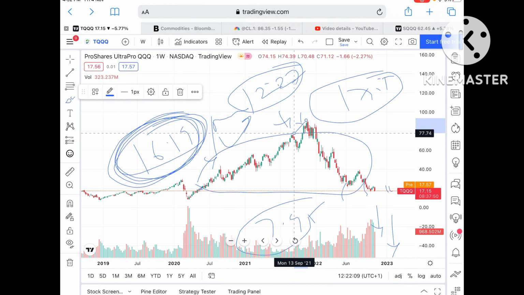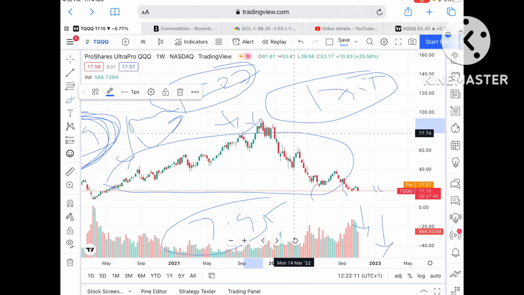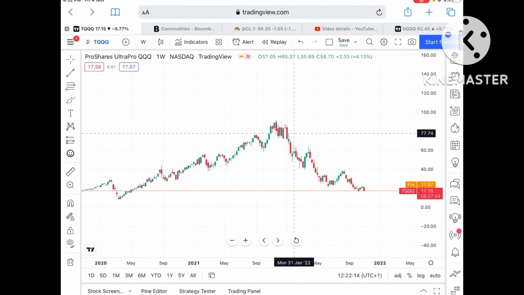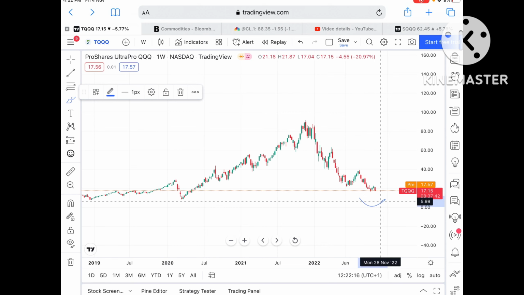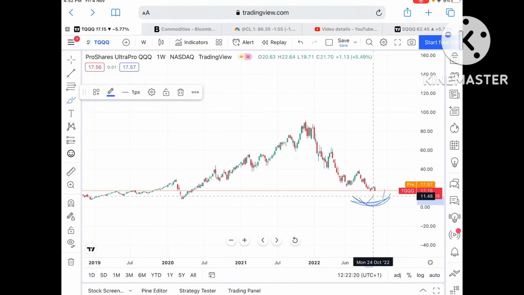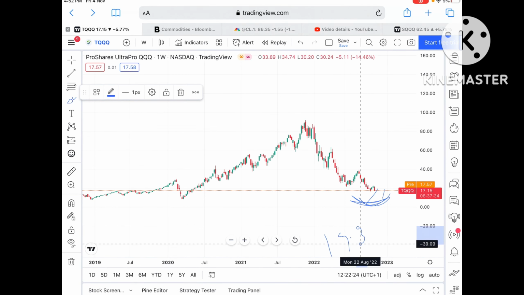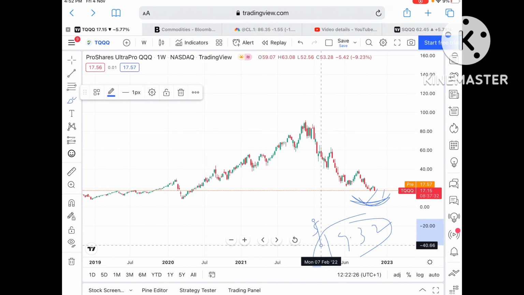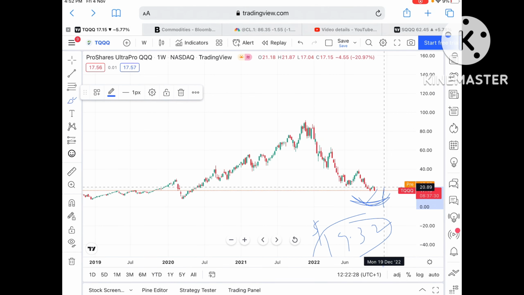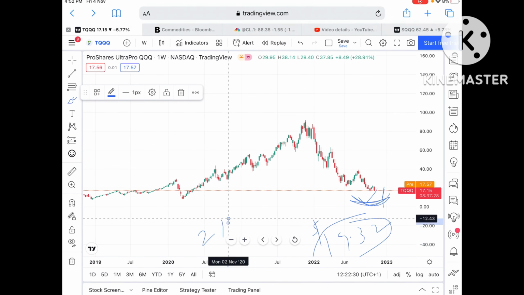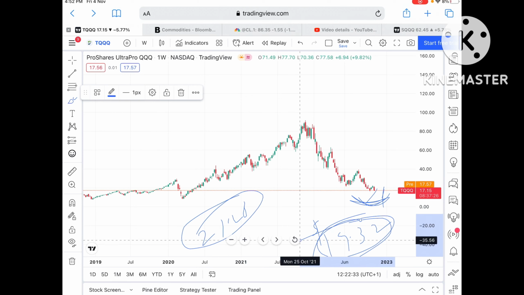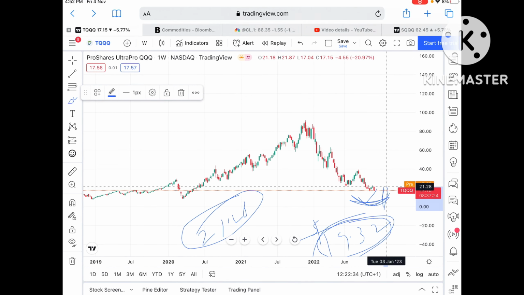Okay, now as you can see, it is on the downtrend, but suppose if the price sustains this particular level and if it goes upside, then a probability of touching on the high side will be there that it can touch a level of $19.32, and this is a weak resistance, so chances will be very high that we can see it can touch a level of 21.28 if the price sustains this level. Suppose if the price goes above that particular level, then we can see it can go towards a level of around